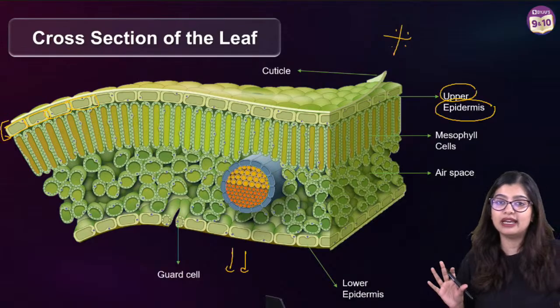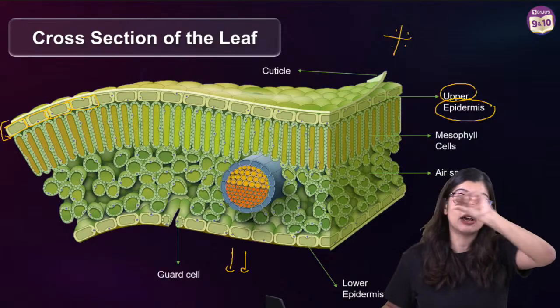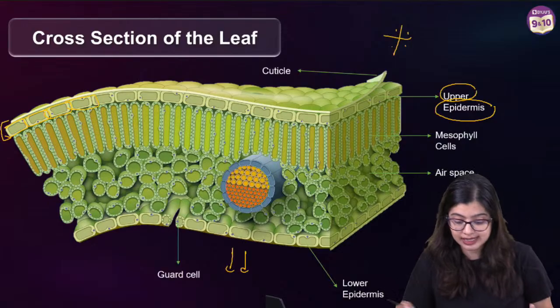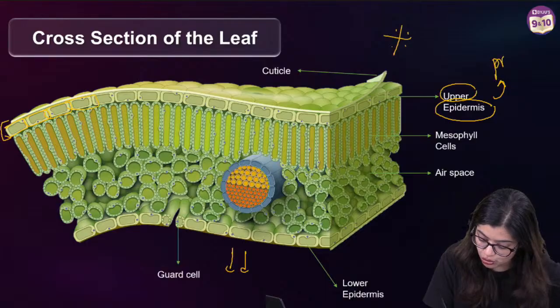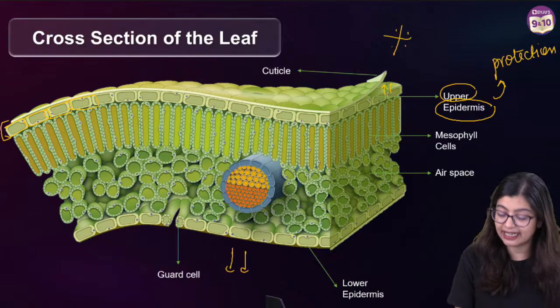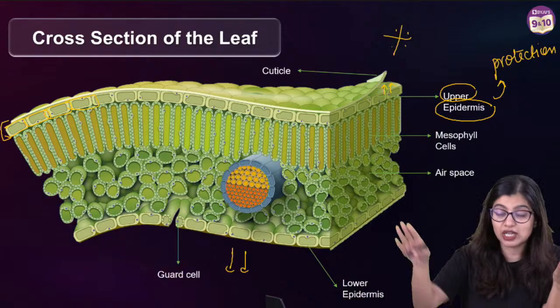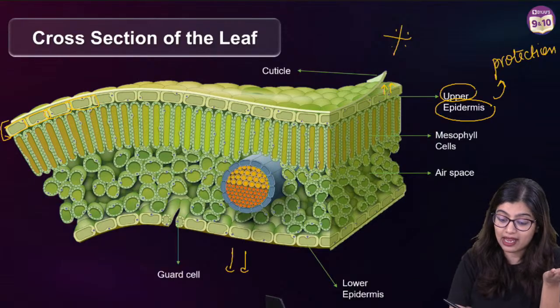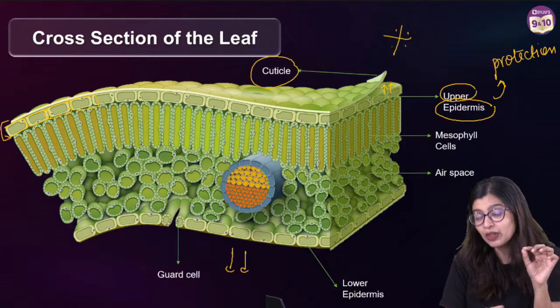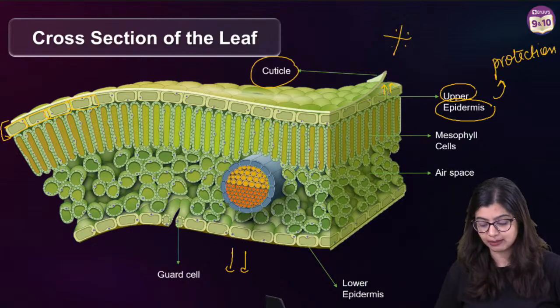Now what is epidermis? We know that epidermis is made of a layer of continuously arranged cells called epidermal cells. Primary function is to provide protection. Yes? Now we also know that they can sometimes secrete a waxy substance called cutin, which then forms another waxy waterproofing layer called cuticle, right? So again, cuticle is something that we find on top of the epidermis.